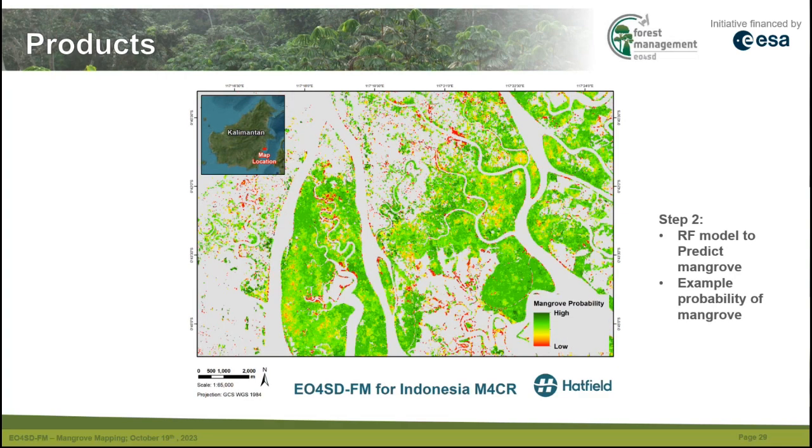Within that tree cover area, we're able to identify mangrove, and this is an example of the probability of mangrove data set. So what I should say here is everything that has a color from red to green in this slide is classified as mangrove. The red colors are the areas where the classification of mangrove has the lowest probability. So this is where we say it's mangrove, we think it's mangrove, the model predicts that it's mangrove, but the